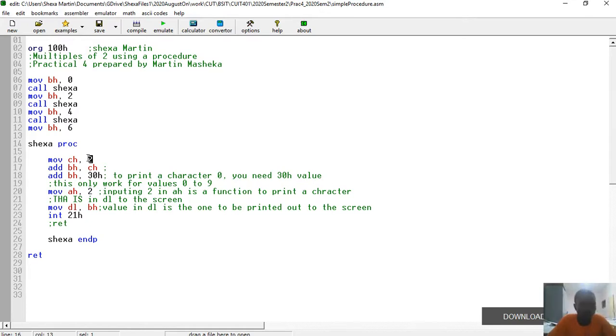So what happens is we move 2 into CH. Then we say this 2 plus BH, the value in BH, of which the value in BH was 0. And then 30 plus the value that was added to BH, which is 2. It becomes 32. So when we have 32, it means we can print 2,